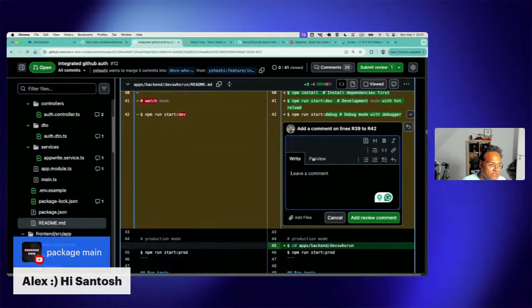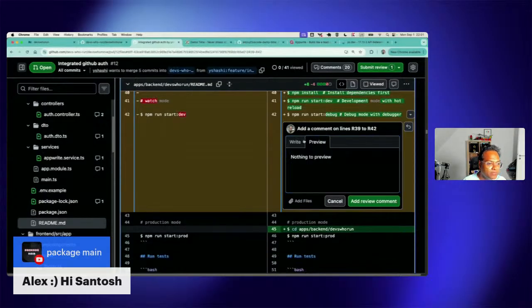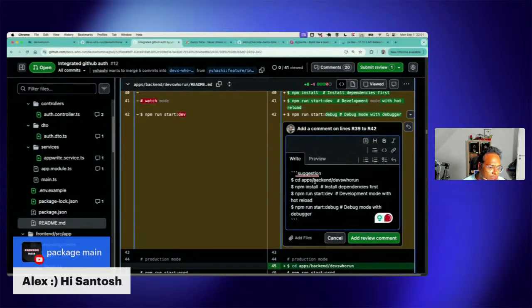Yeah, the GitHub UI is still broken. You see, there is a big space here. But yeah, I mean, this is also something very nice. You can actually, I'm not sure if you have used it. I'm sure if you do a lot of code reviews, you're aware of this feature. But